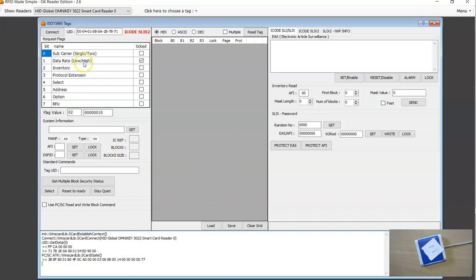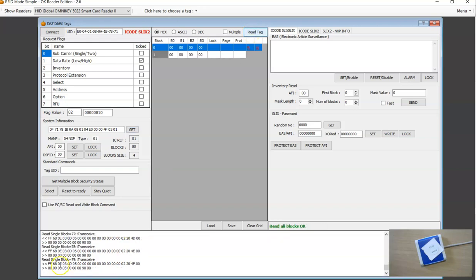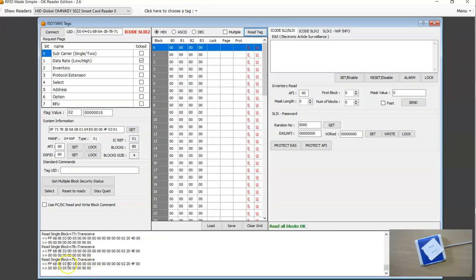Okay, so just a quick run through of all the SLIX2 reader, SLIX2 tags. First, you do the get sys information. It shows you the number of blocks and block size. Then I'm going to read the entire tag. You can either hit here and you can see all the various ISO